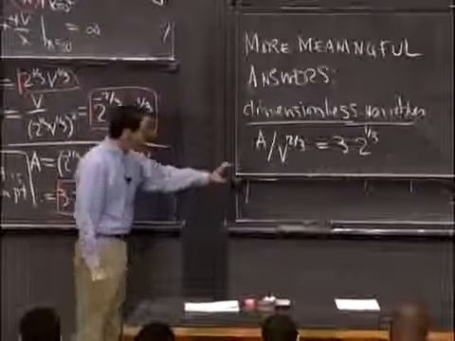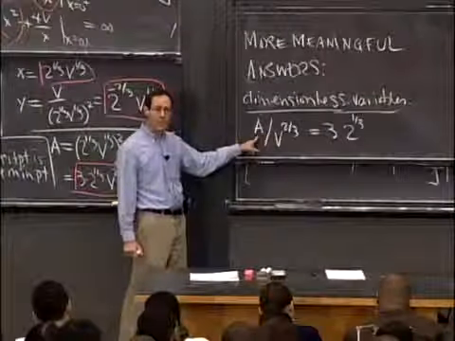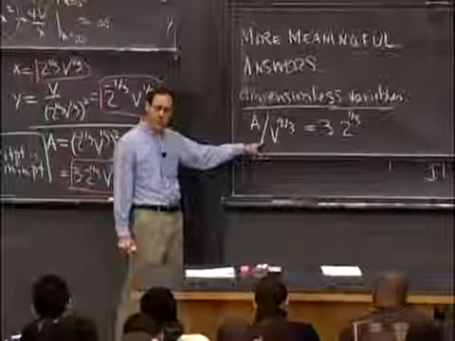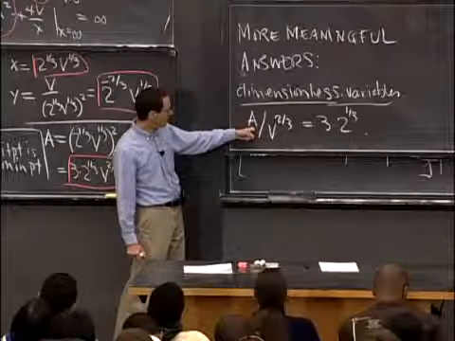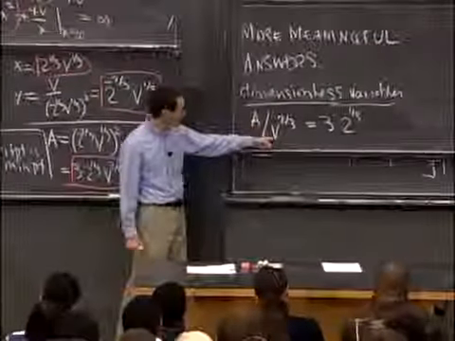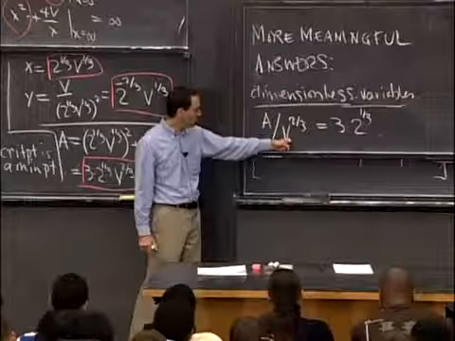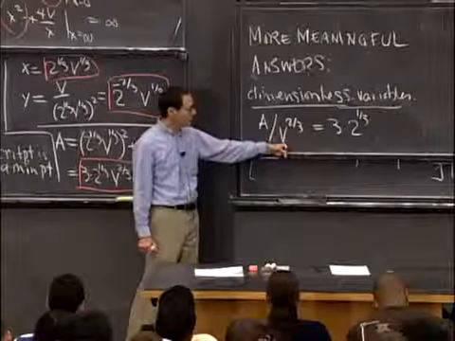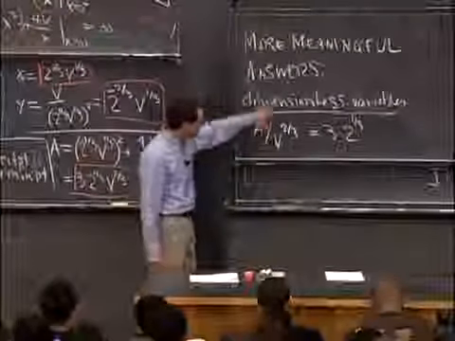Okay? So that's one thing. If you want to expand the volume, you'll have to expand the area by the 2/3 power of the volume. And if you think of the area as being in, say, square inches, and the volume of the box as being in cubic inches, then you can see that this is a dimensionless quantity,